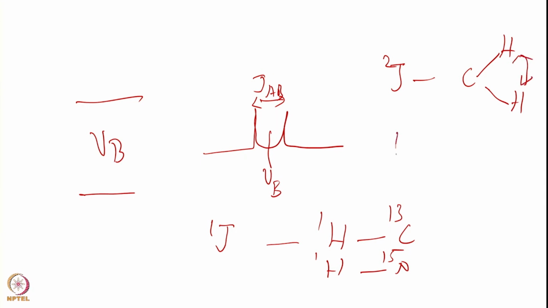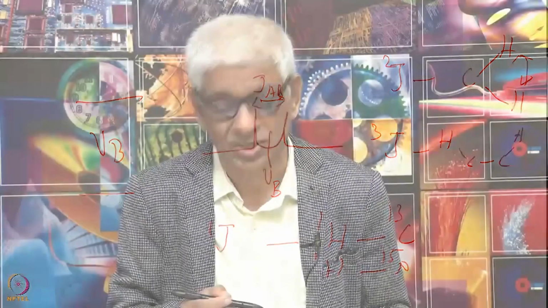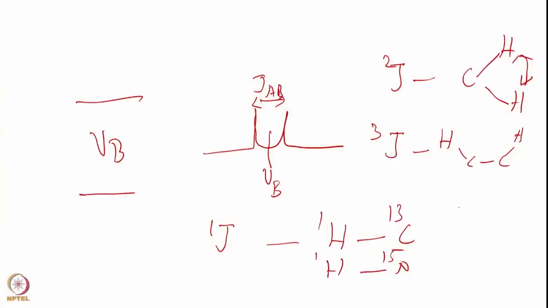I showed you the 3 bond couplings, that is H, C, C, H. The same mechanism applies in all of those cases. And notice here, how far does this relay go? It does not go beyond 4 bonds, okay, because if you go beyond 4 bonds then the effect will be relatively small, then you do not see the coupling as much. So, typically, you will see from 1 to 4 bonds coupling,